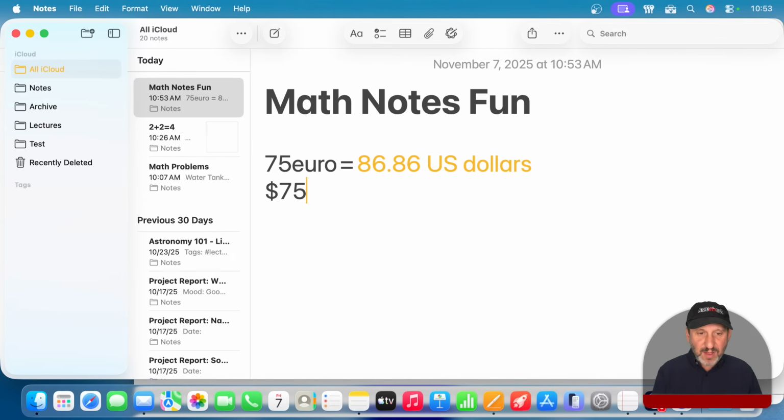So I can do $75 plus, and then I could do 56. I'm trying to remember what the symbol for euro is. If you can type the symbol for euro, you can do it. Otherwise, I could just use the word euro there. And you can see it's doing the conversion like that. And I believe it's taking the first thing. So I'll do plus